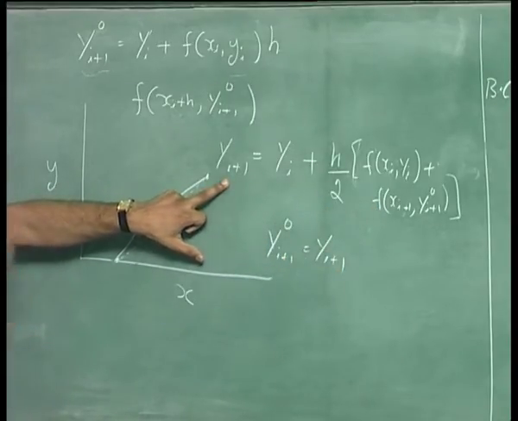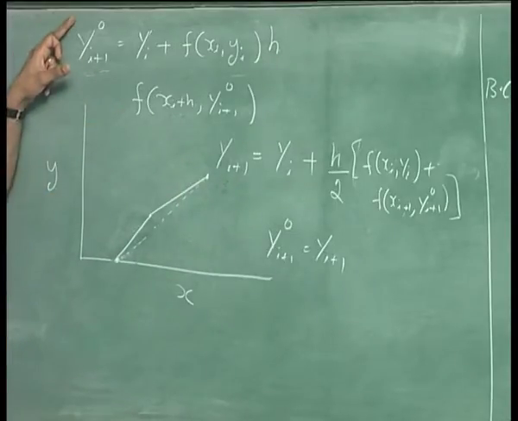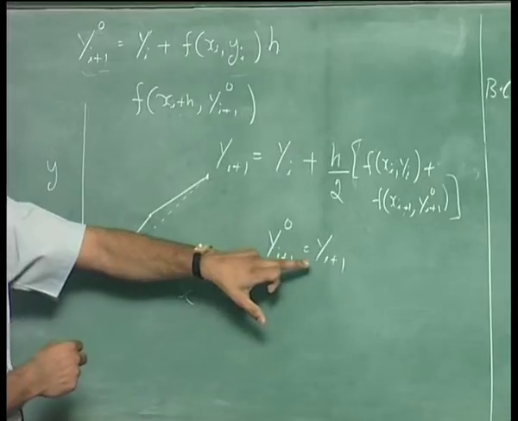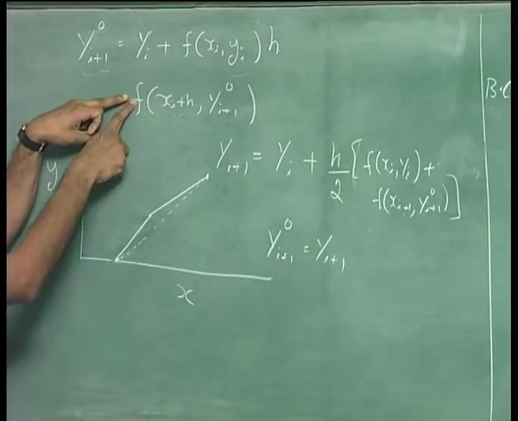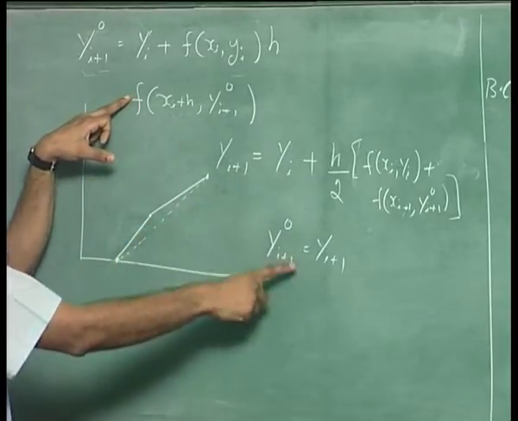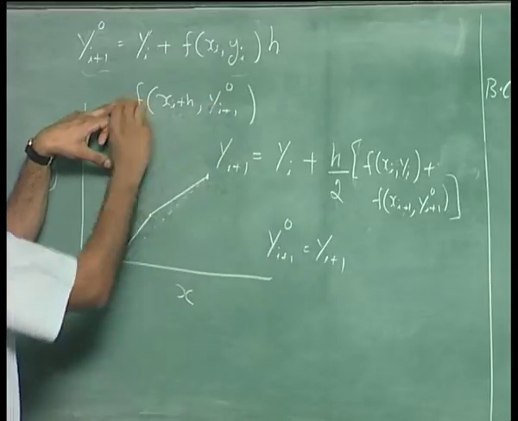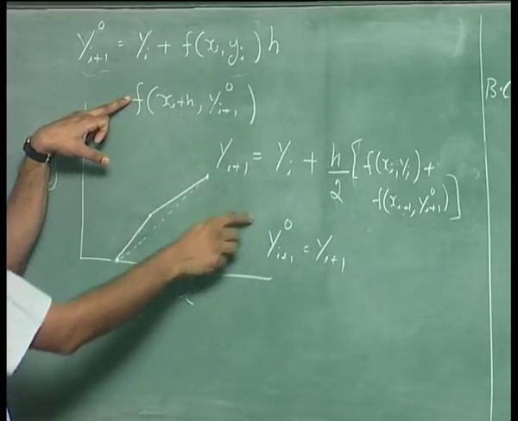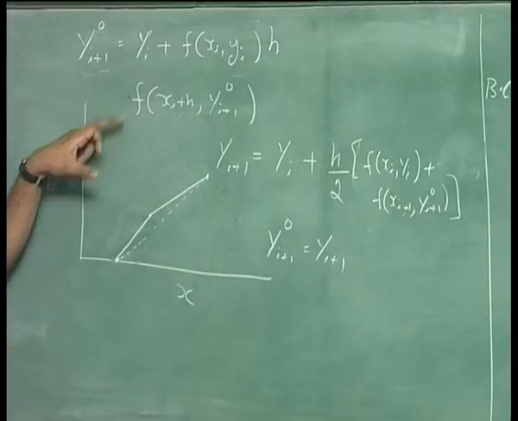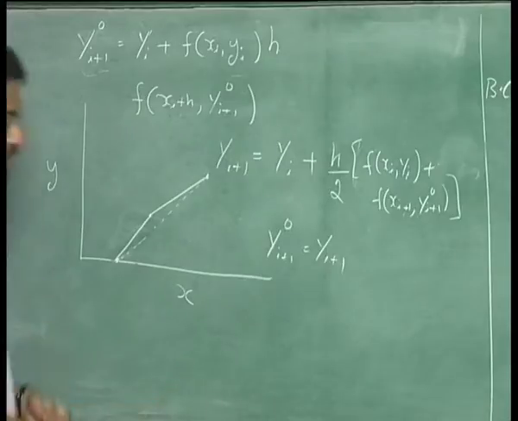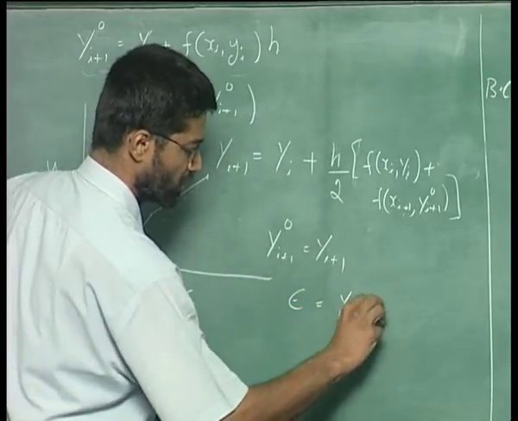Now if there is a difference between yi plus 1 and yi plus 1 0, then I will replace yi plus 1 0 by yi plus 1, and I go back here again and compute this again, and check whether there is a difference between yi plus 1 and yi plus 1 0. I do this iteration again and again till the difference vanishes, or I can define an error epsilon as yi plus 1 minus